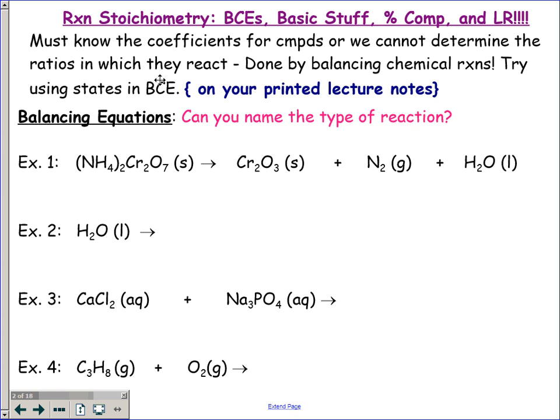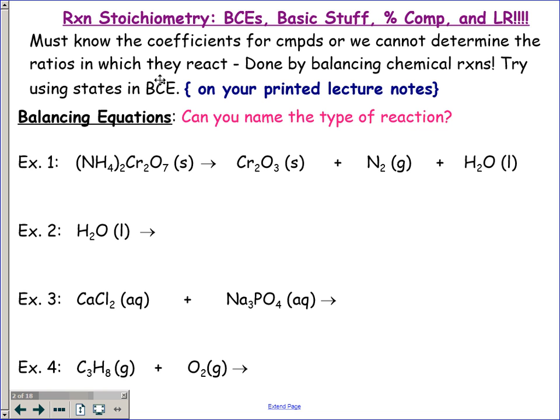Ammonium dichromate yields... no, this is not an ion, this is a compound. Name it, first name, last name. No prefixes because this is not covalent. Chromium 3 oxide. So this is an ionic compound. It's got a chromium in it, so you need to look for its charge in the compound, making nitrogen gas